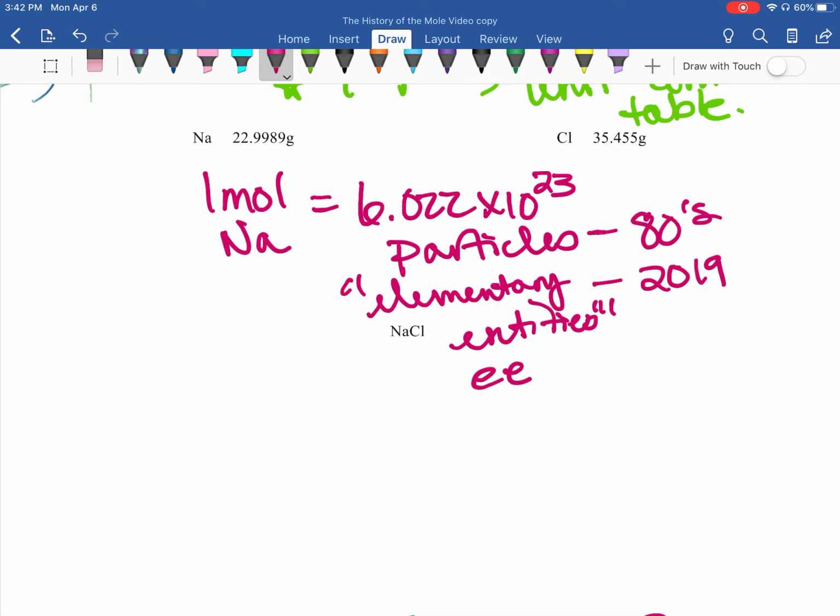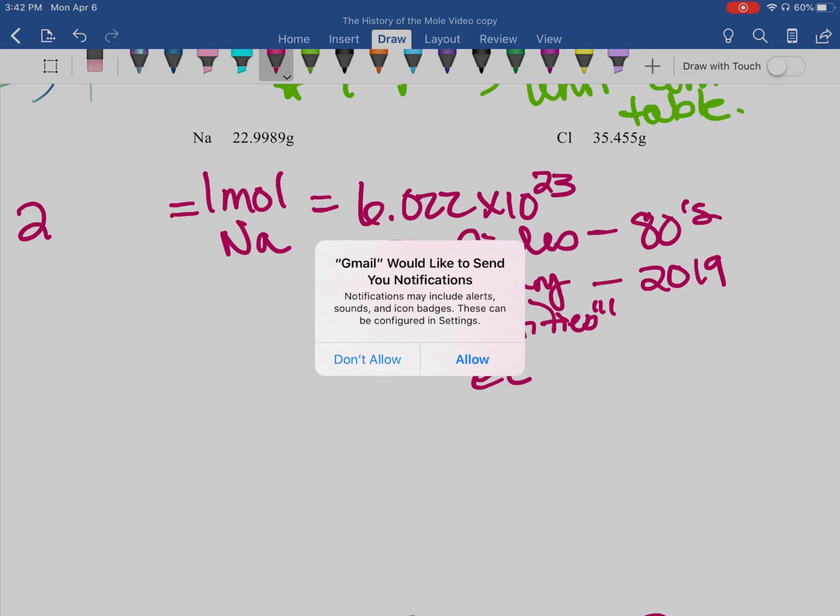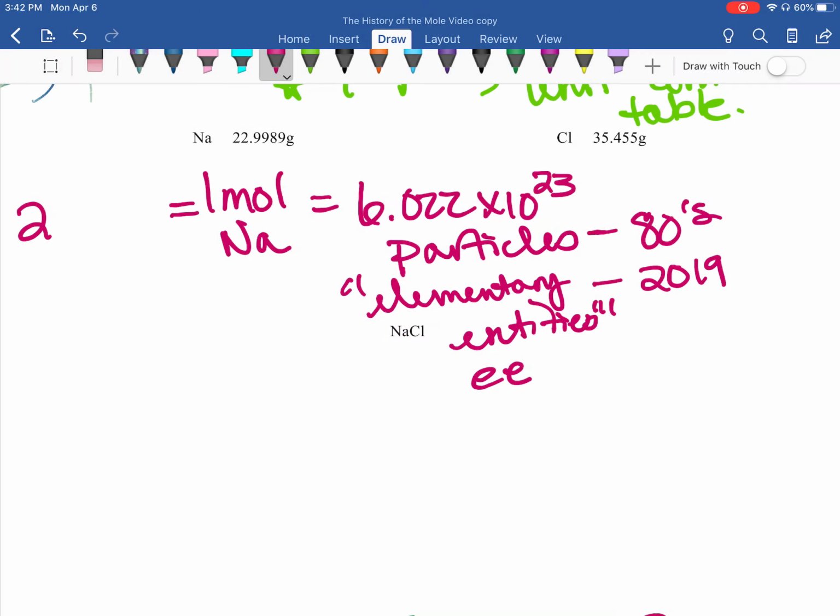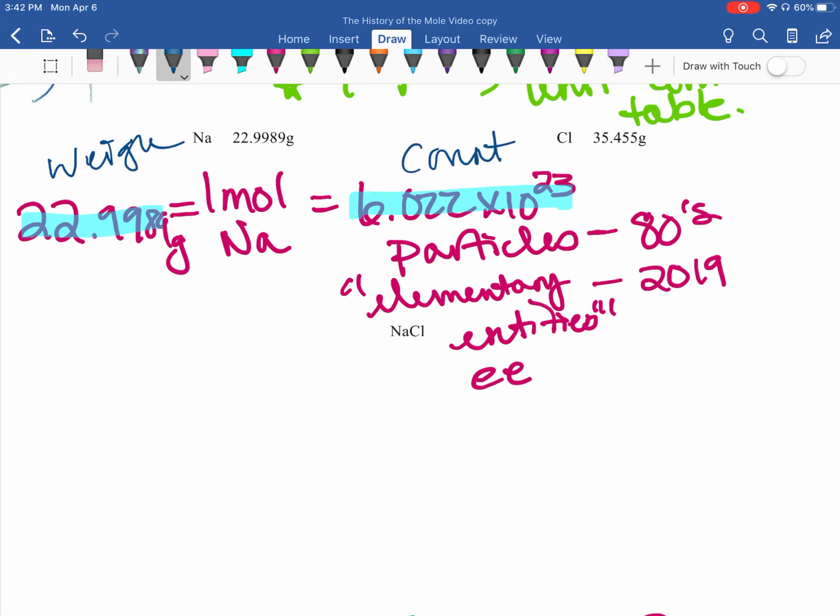Okay, so then that 1 mole, you go to the lab and you measure this many grams, and you know exactly how many is in it. Easy to weigh, count of particles. Okay, this you can weigh, and this is your count. Genius. All right, let's stop here and then let's do some